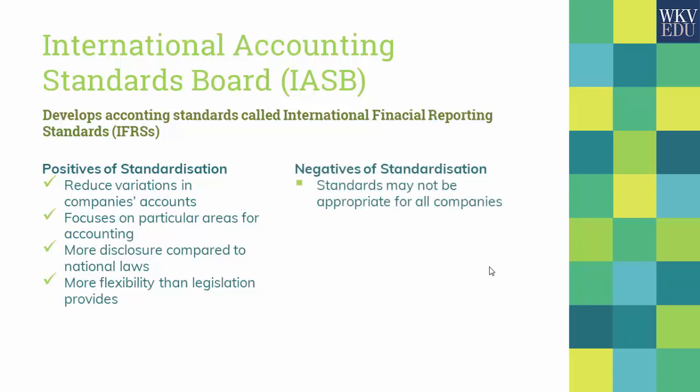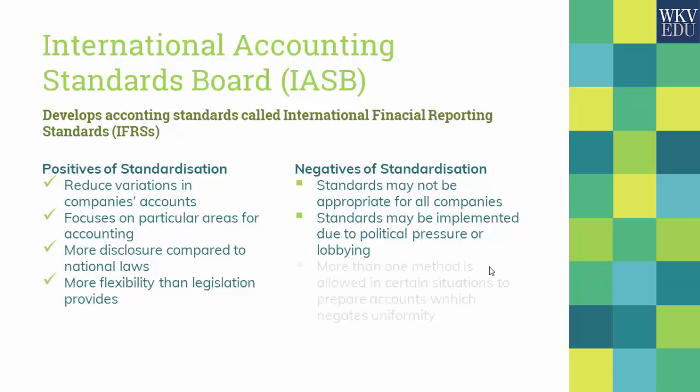First one being that every standard that the IFRS is building may not be appropriate for all companies. Some standards may suit some companies, some might not suit certain companies, depending upon the kind of industry they are in, depending upon the size of functioning they are in. In certain cases, there might be a company which is a huge conglomerate and has businesses in different industries. There, applying the same standard across industries might not be possible for that firm. Standards may be implemented due to political pressures or lobbying, which will again distort the whole thing about focusing on particular areas of accounting, so that the disclosure can be better for investors and stakeholders.